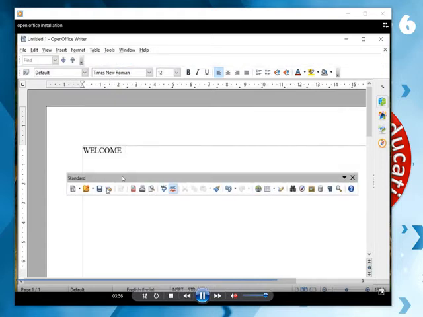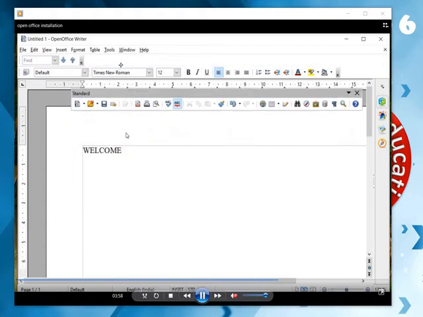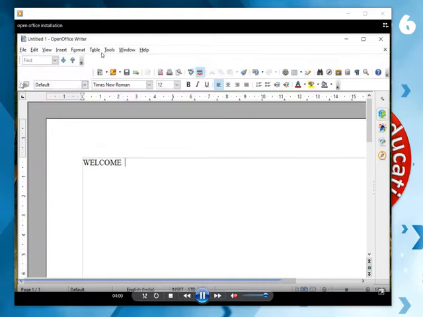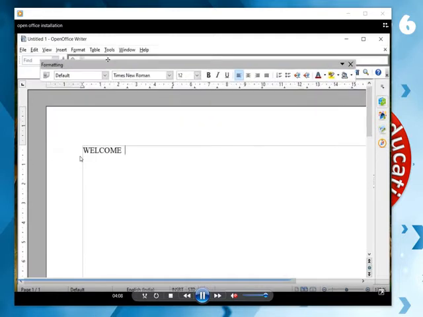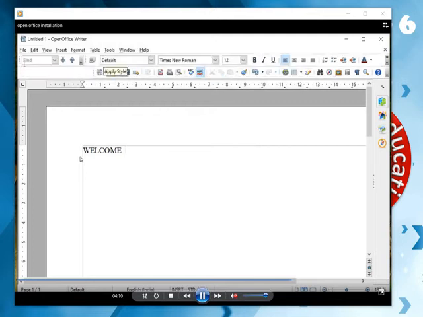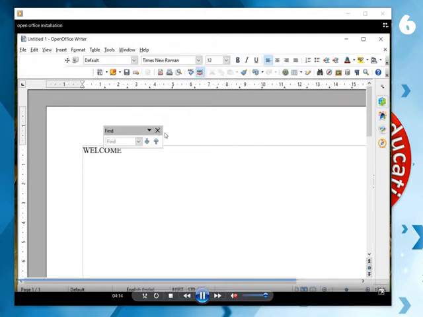I have taken the standard toolbar out. If you want, you can make it dock back. This is the formatting toolbar. Find window. If you don't want, you can close it.